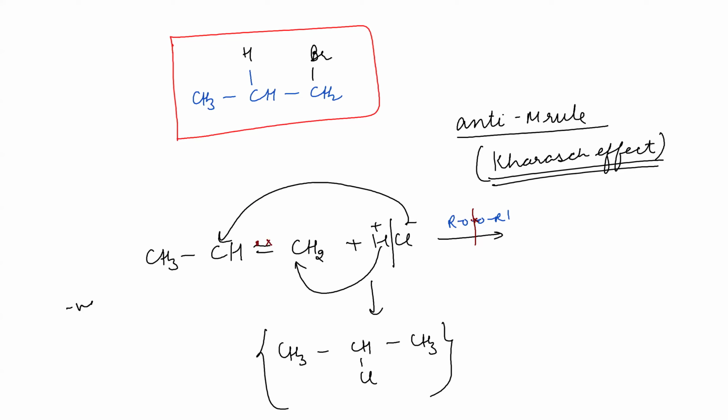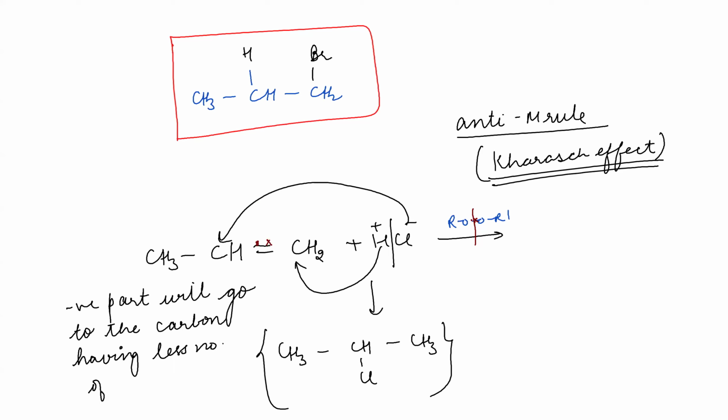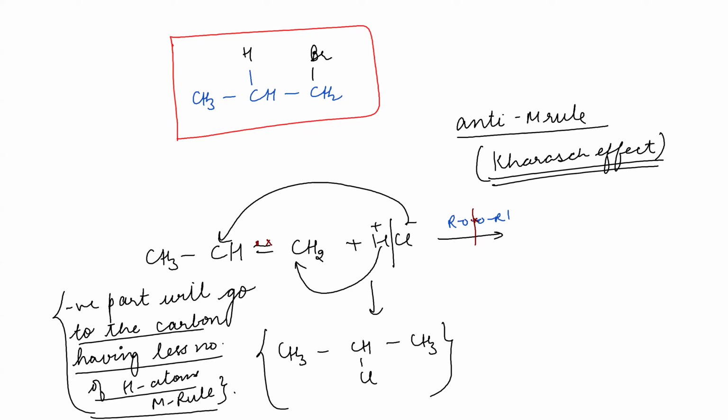So the negative part will go to the carbon having less number of hydrogen atoms. नॉर्मली जो हमारा मार्कोनिकोव रूल होता है उसी को ये फॉलो करेगा। अच्छा। क्लोरीन को कोई फर्क नहीं पड़ रहा कि यहाँ पे पेरोक्साइड पड़ा हुआ है, RO-OR' पड़ा हुआ है, एब्सोल्युटली नॉट एन इशू। ठीक है।